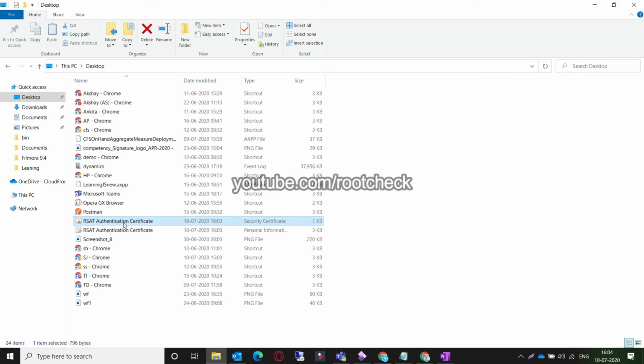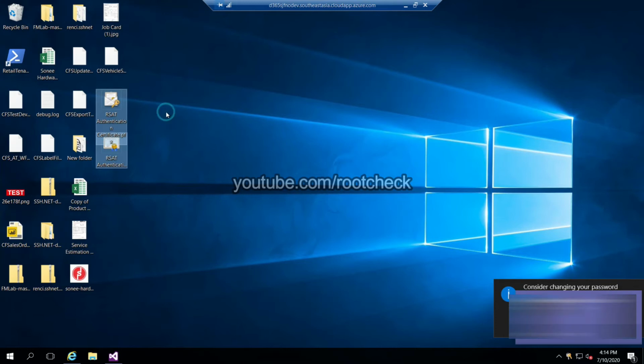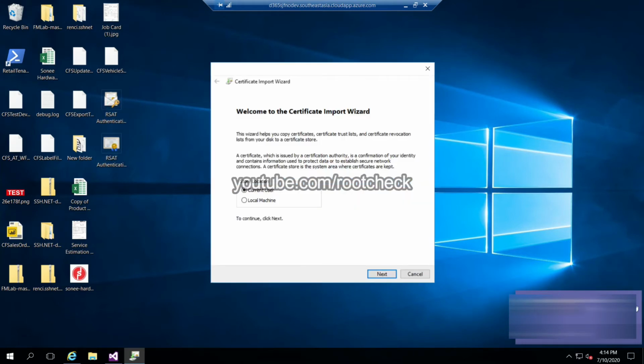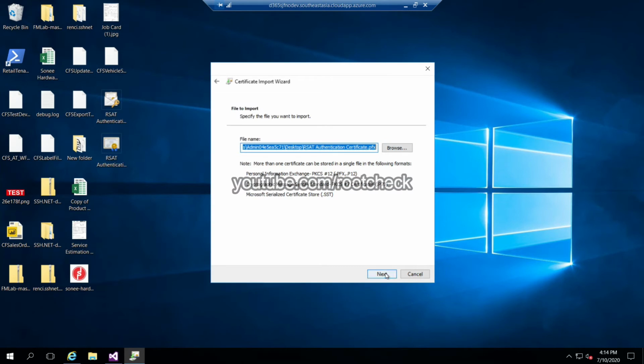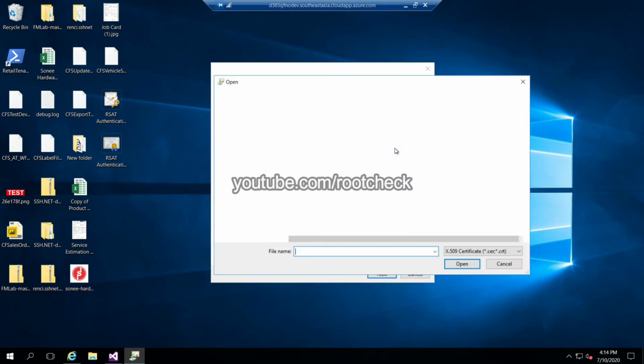You can provide any name you like for these certificates, and we need to copy this and paste it in the cloud hosted environment and install it in the personal as well as the trusted user section. After double clicking on the certificate directly, you can install, or otherwise you can install via the installer. I am directly installing using the certificate only.